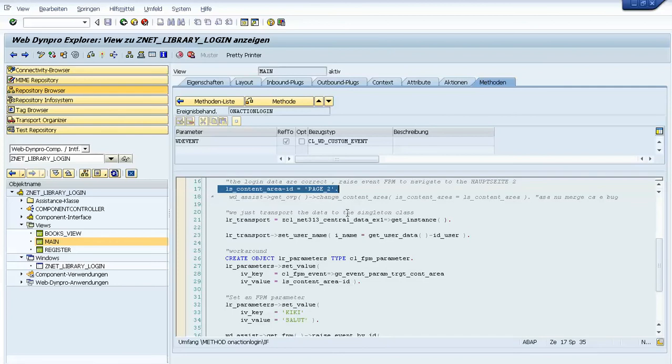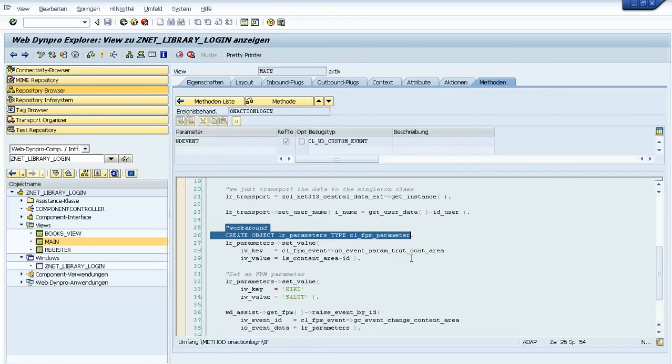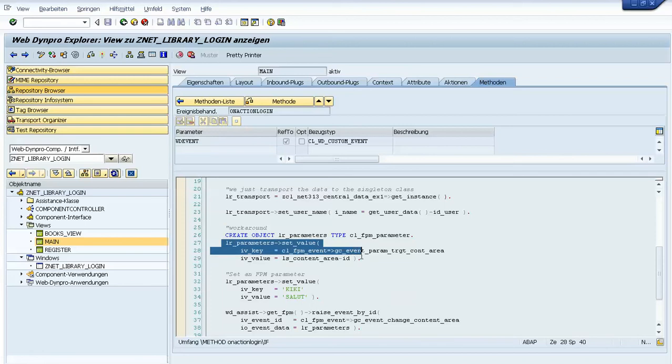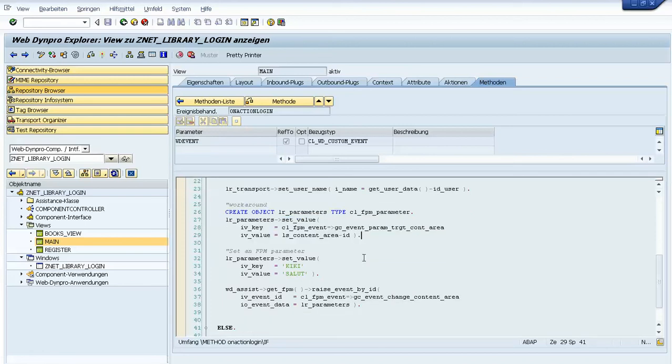Okay, we set the page ID, and this page ID means that we will go to other FPM page, because this is also a transport class just for retaining the data and taking them other time. Also we have created a parameter object, we have put some values on it, and we have also set the page ID and also the